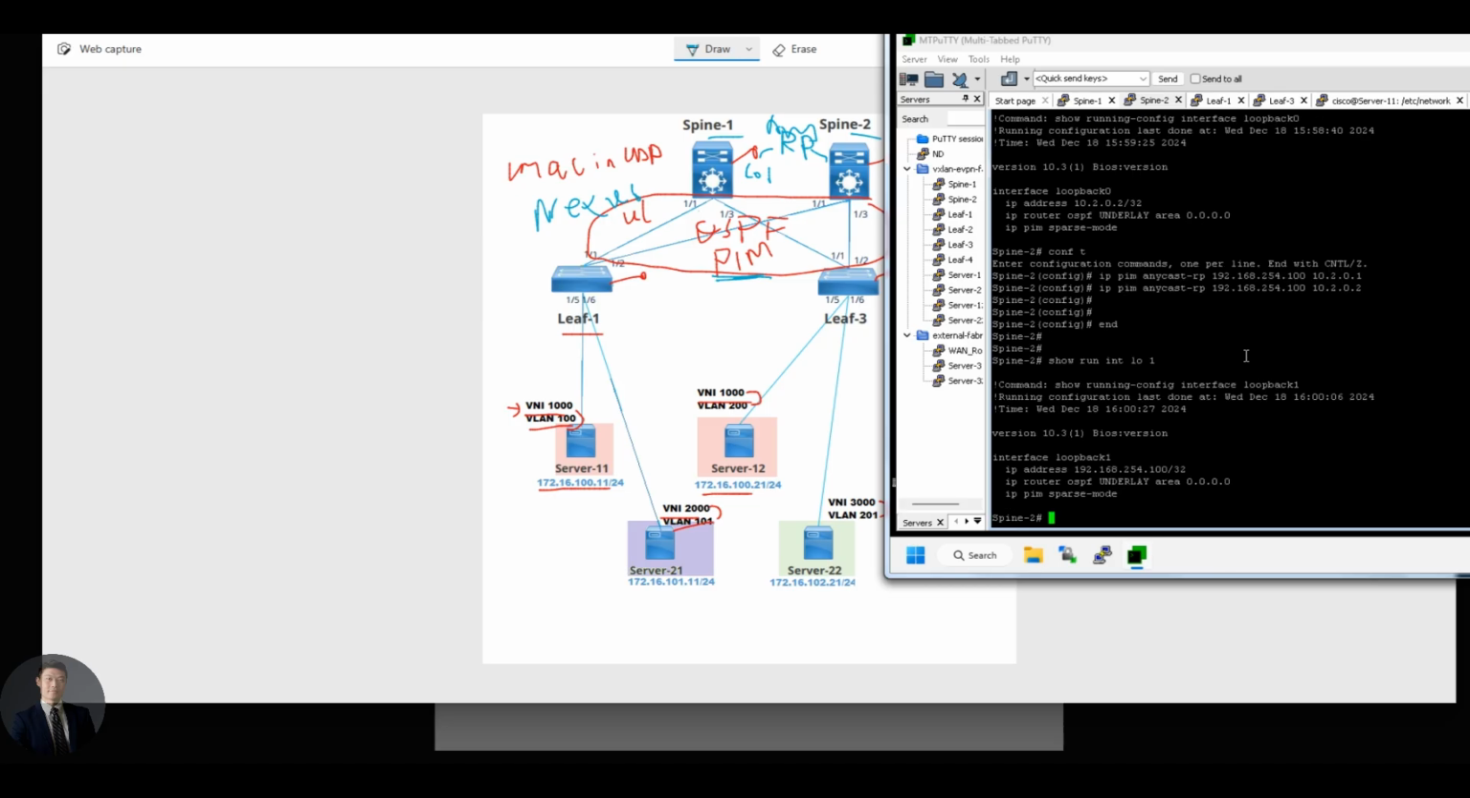Loopback 0 interface is configured on both, with IPs 10.2.0.1 and 10.2.0.2 respectively. These are the shared RP switches using PIM Anycast RP to sync the RP information. I have enabled PIM on my loopback 0